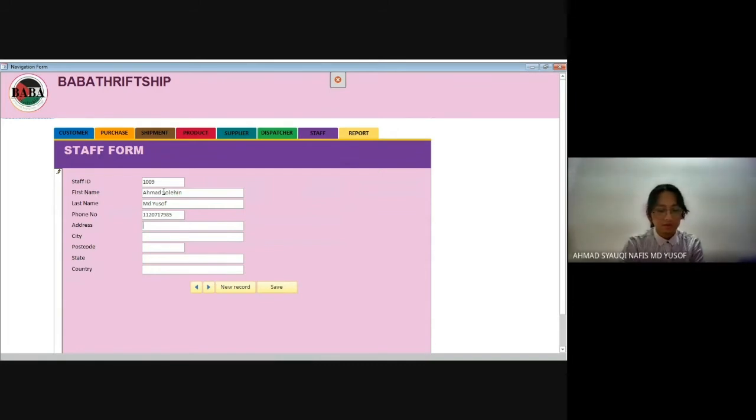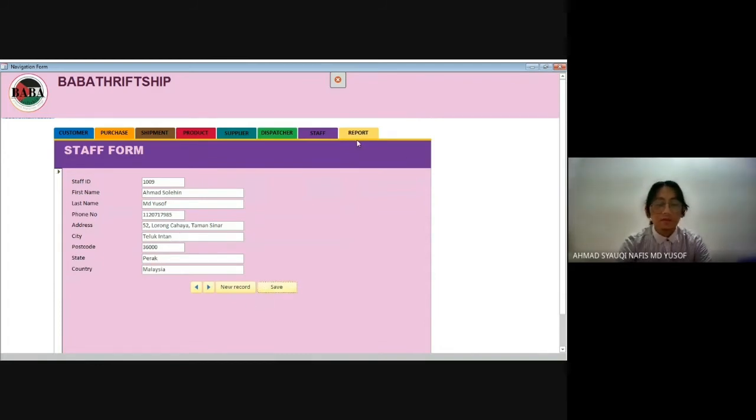For the address, let's just put a random number and a random road. As usual, and